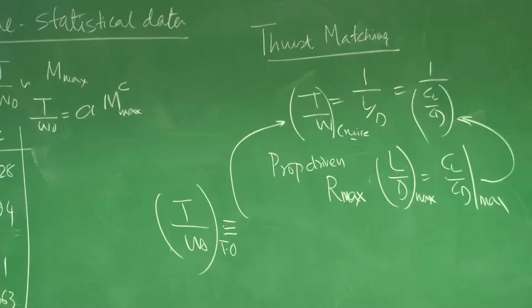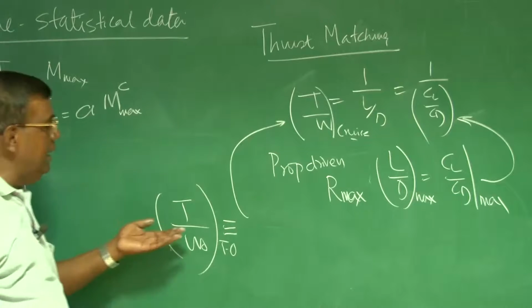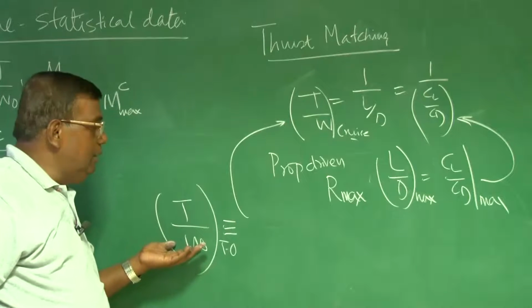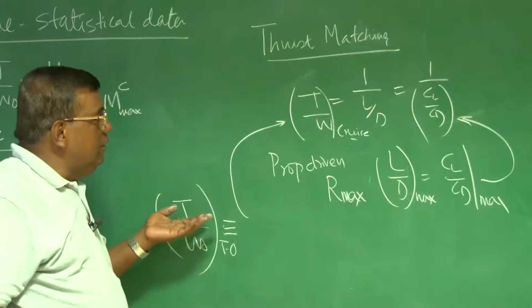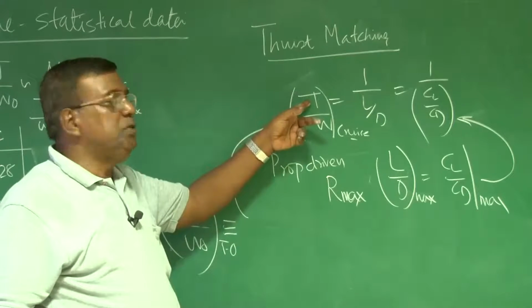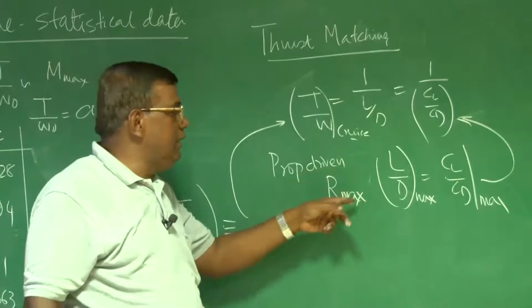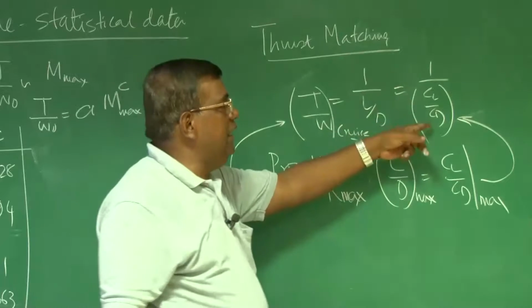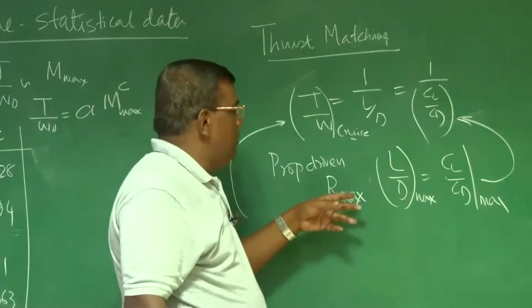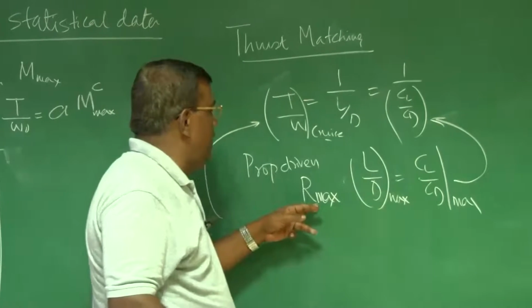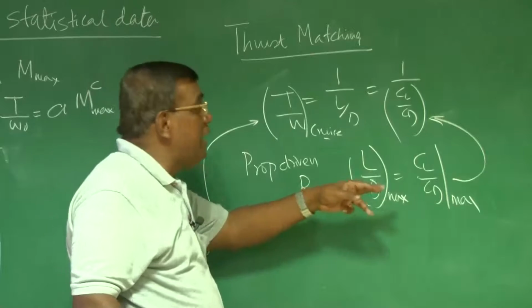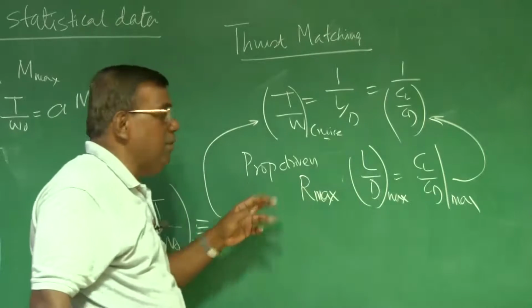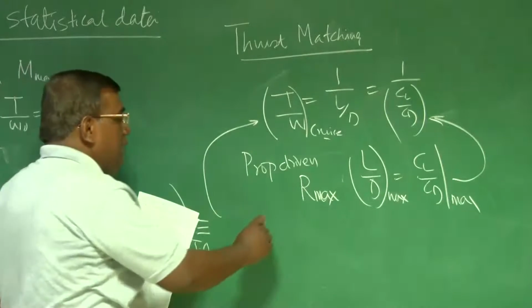You would design your airplane in such a way that T by W at takeoff is such that when it goes for a cruise to an altitude, T by W cruise is given by 1 by CL by CD, and CL by CD given by CL by CD maximum for range maximum for a propeller driven airplane,